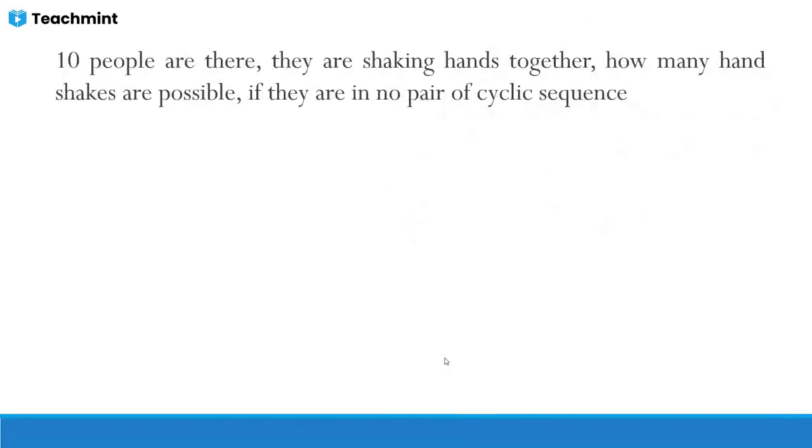Yeah, handshakes. How many handshakes? 10 people are there. For one handshake, you require 2 people, one person's right hand and the other person's right hand together make one handshake. So 10C2. They clearly mention no pair repeats: already A has given a handshake to B, so B giving to A again is not required. One time is sufficient. 10C2,